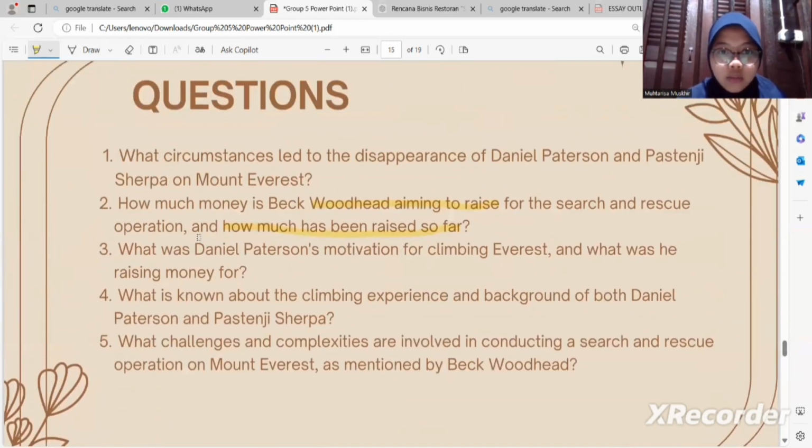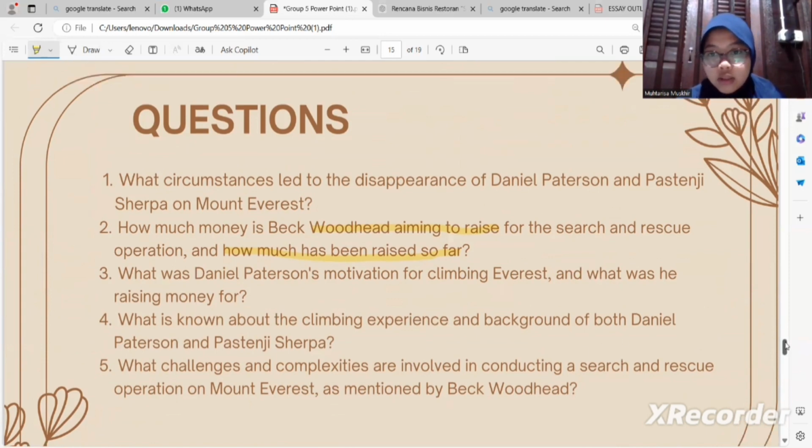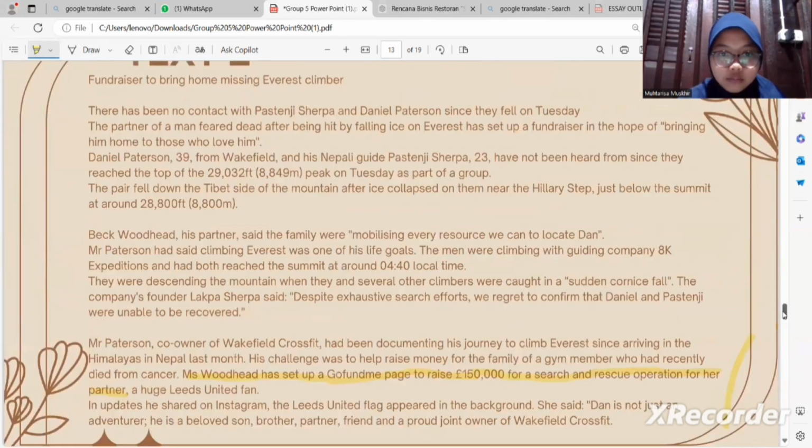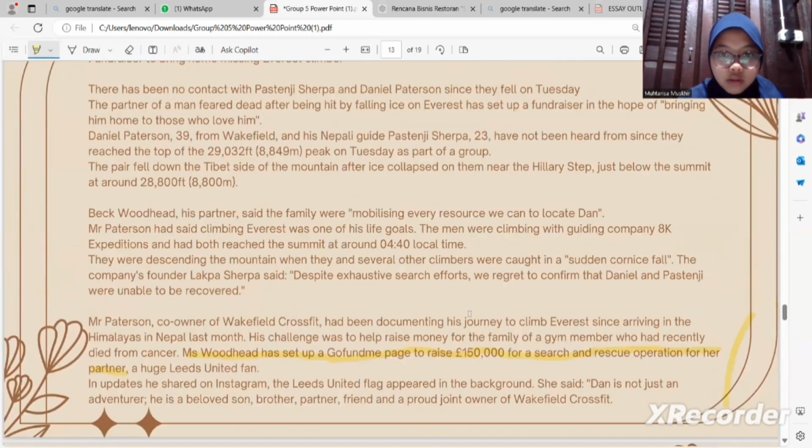What was Daniel Patterson's motivation for climbing Everest, and what was the money raising for? Okay, let's see. It says in here, Mr. Patterson, co-worker of Wakefield CrossFit, has been documenting his journey to climb Everest since arriving in Himalayan Nepal last month. His challenge,